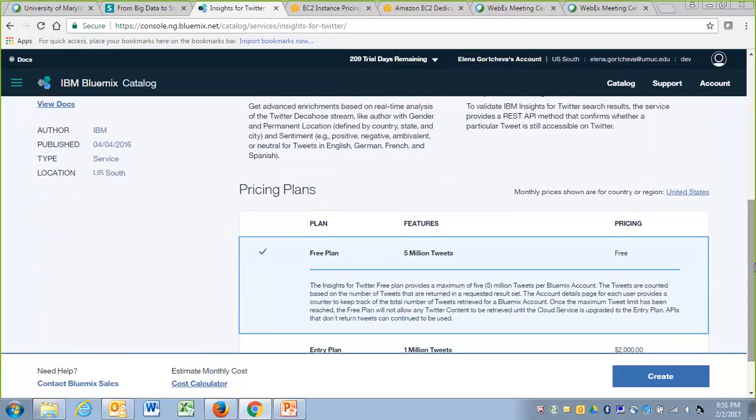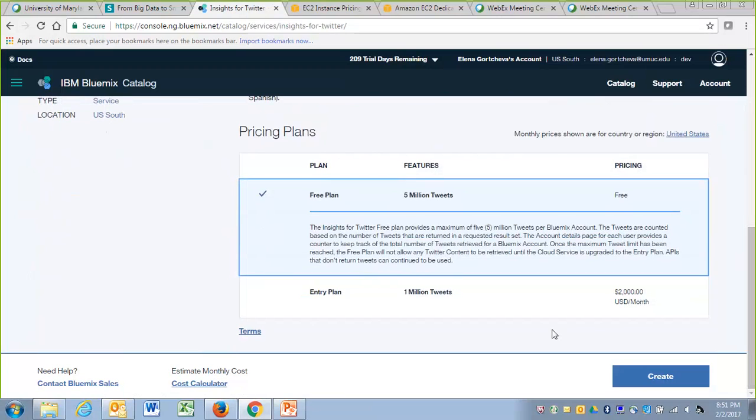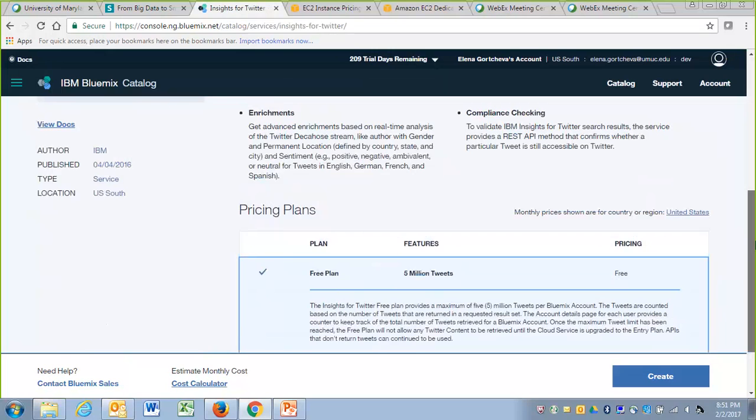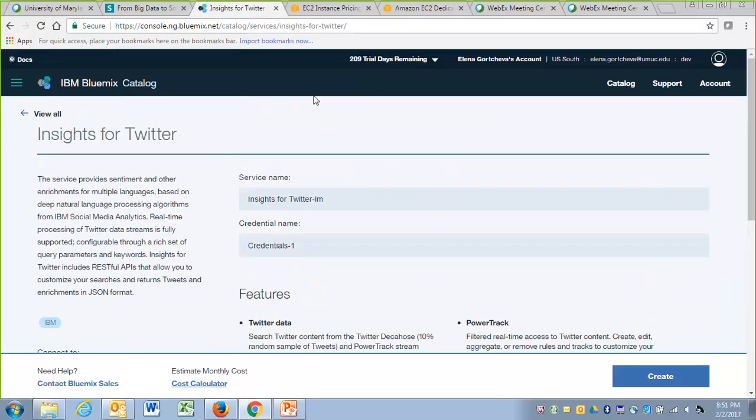So for Twitter, with our account, we are allowed 5 million tweets for free. If you want to go to another plan, like a company doing a profitable project, let's say exploring social networks, well, you see what the price is. So for educational purposes, we are totally okay with 5 million tweets. So you have to review whatever service you are going to use, what you are allowed to do, and not get distracted that you cannot do something.